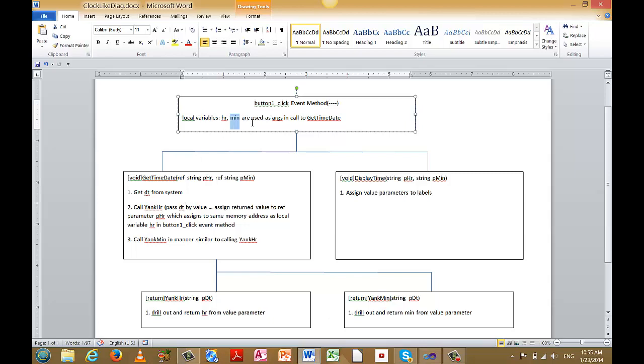Control passes back to the button click event, where the button click event calls one more method, a void type method. It's going to perform a task and then be done. It's going to call a void type method called displayTime, and it's going to pass the value of local variable HR by value to a value parameter PHR. It's going to pass a copy of whatever's in min to a value parameter called pmin, and the